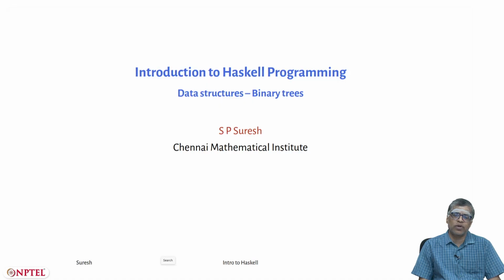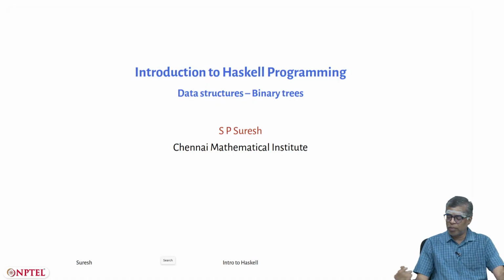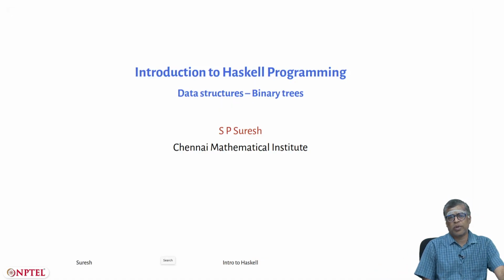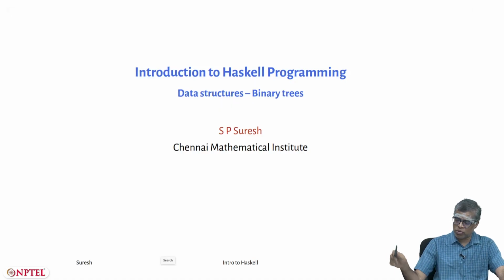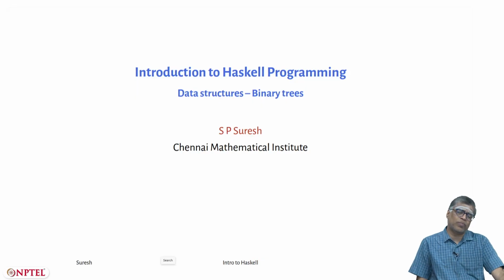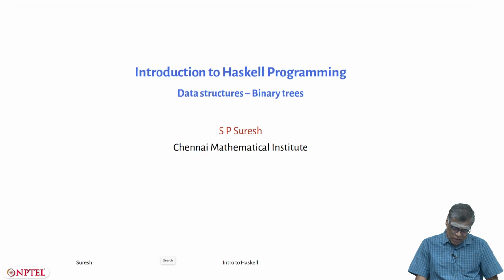In the next few lectures, we will be looking at variants of trees, which is a very important data structure. We will be looking at binary trees, we will be looking at balanced binary trees, and we shall also be looking at another data structure built based on trees called heaps. All these are used to process data in a certain way and assure some certain time complexity. These are very versatile data structures and very useful in all of computer science. So it is good to know how to program these in Haskell.